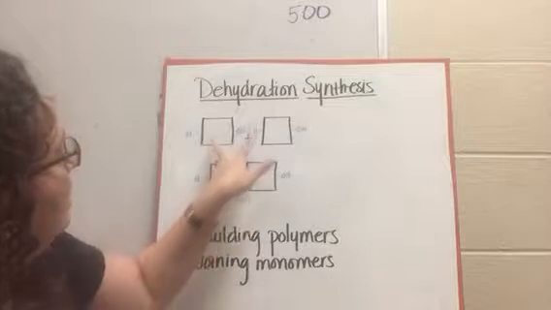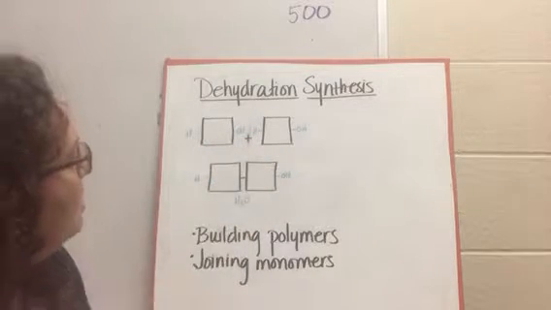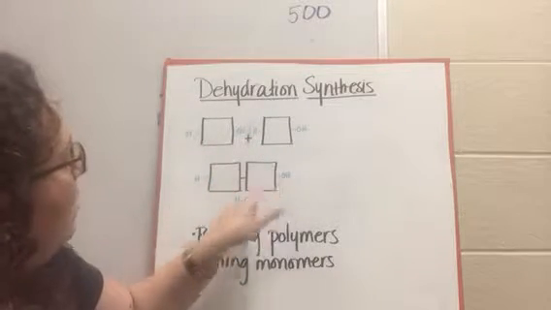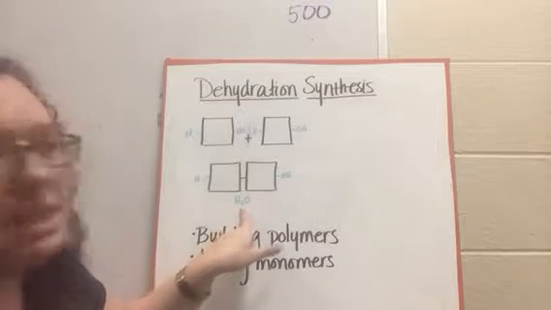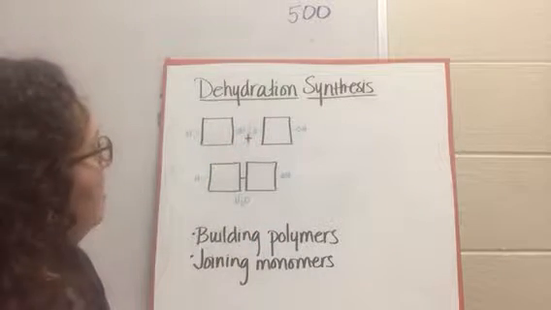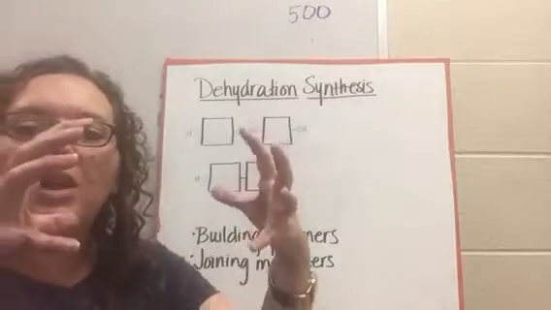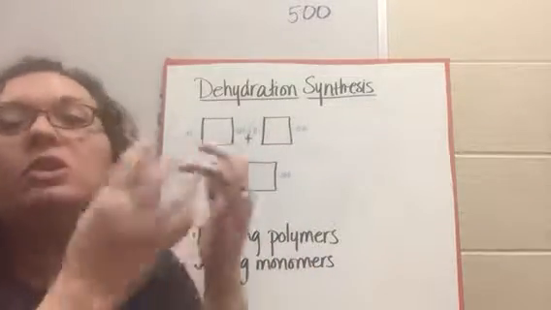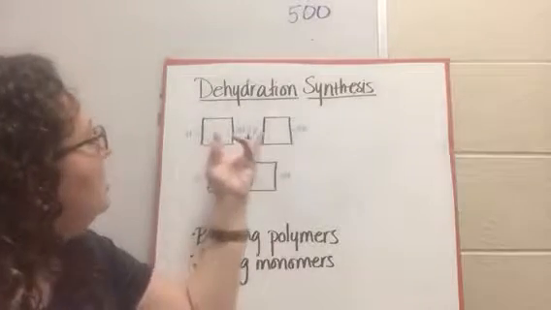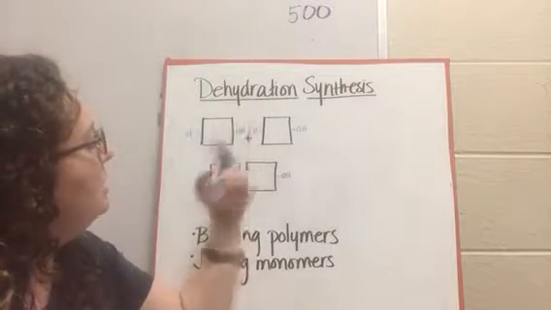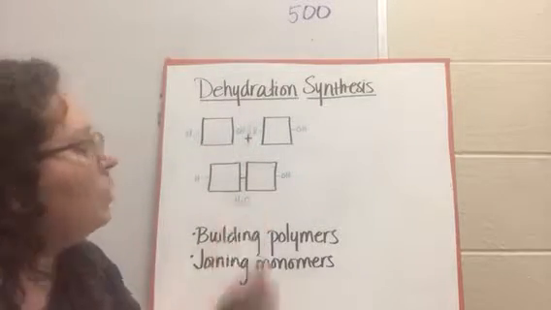So here's a good illustration. We're adding these two monomers together. When you add them together, water comes out, and so it's a dehydration synthesis. I think of it like a sponge. If you were to take a sponge and squeeze it together, you're going to get water out of the sponge. So if we take these monomers and we're building them together or putting them together, we're going to get water